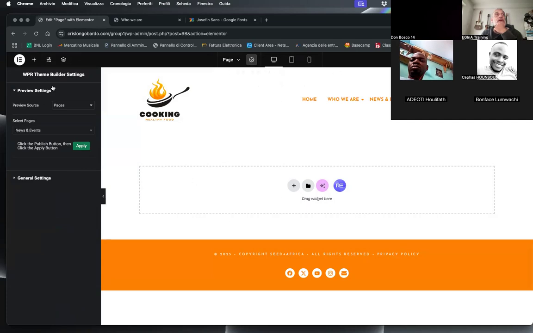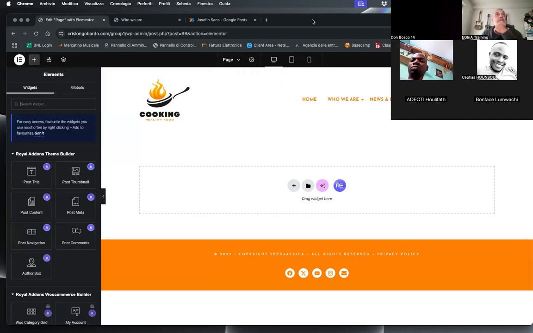Okay. And we have some different widgets, because we can start to build the page that has the same graphics. I have the same graphics in all the pages. So also the widgets change now. We have new widgets like post title. These are dynamic widgets. So if I put a post title here, for example,